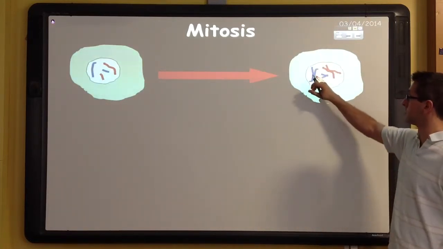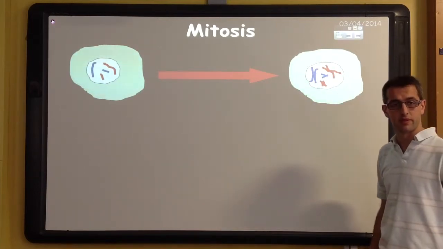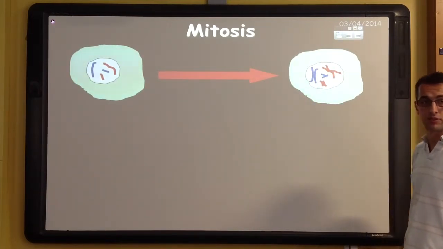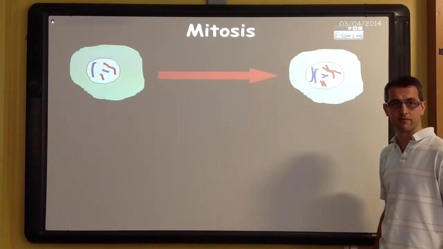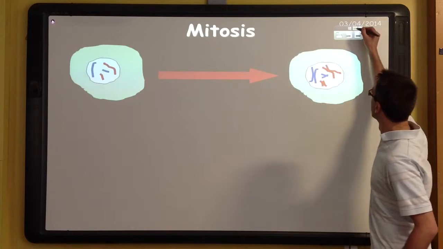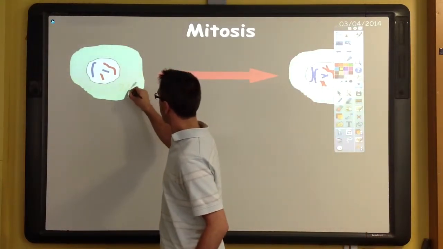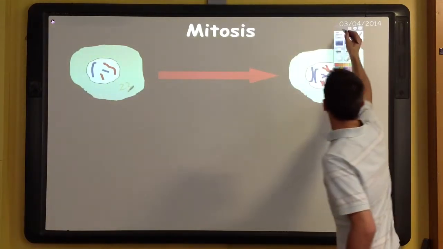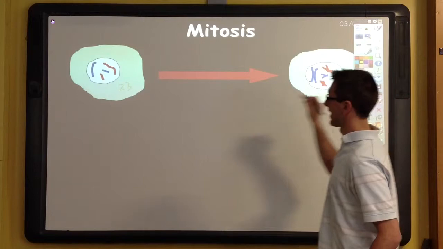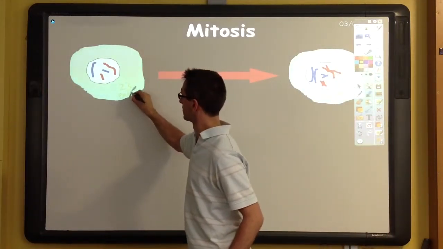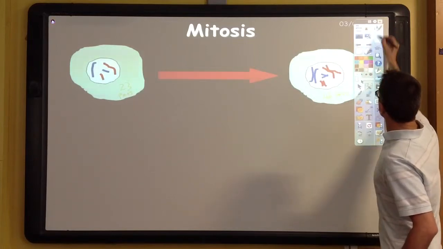Inside the nucleus, or where the nucleus would be, each chromosome is copied in an identical manner. So now you have double the amount of genetic material that you should ordinarily have. So in humans, rather than having 23 pairs of chromosomes, here we have 46 pairs of chromosomes. That therefore means